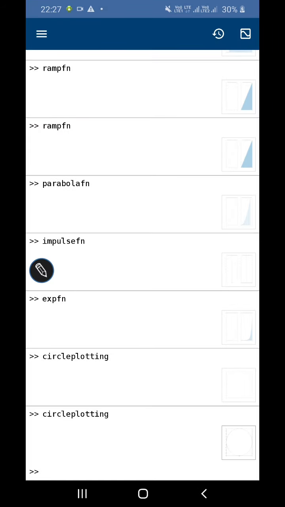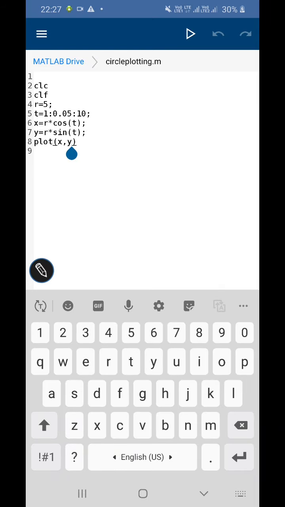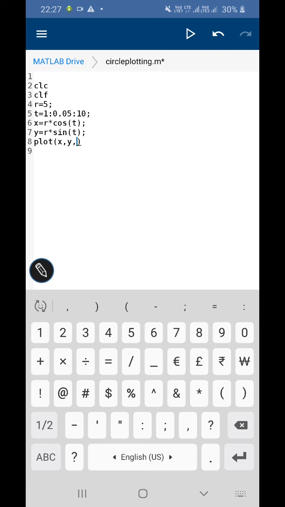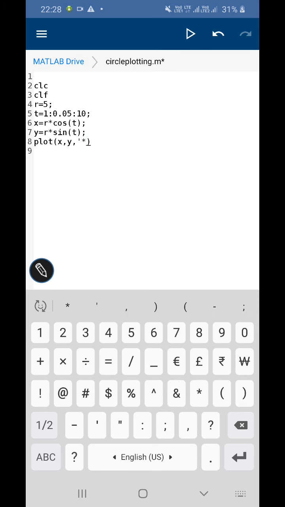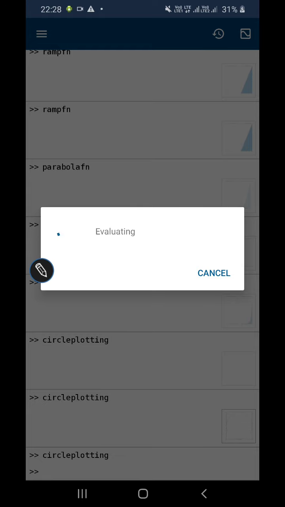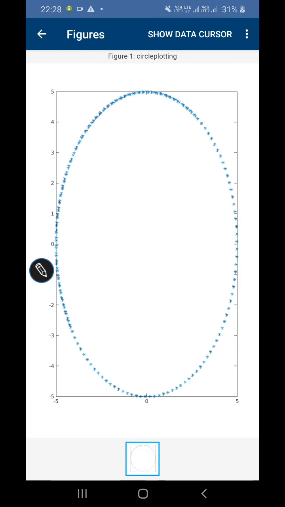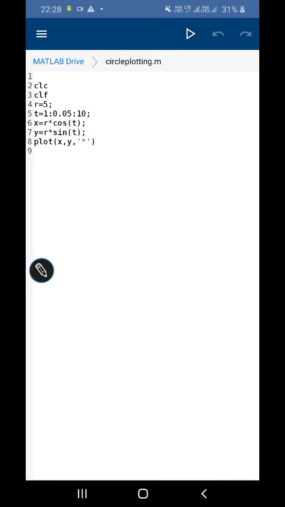You can give any color to your plot. You can do many fancy things on it. Let us see, yes, it is giving me the output in terms of this cross sign. You can just change the color, you can do many things on it.